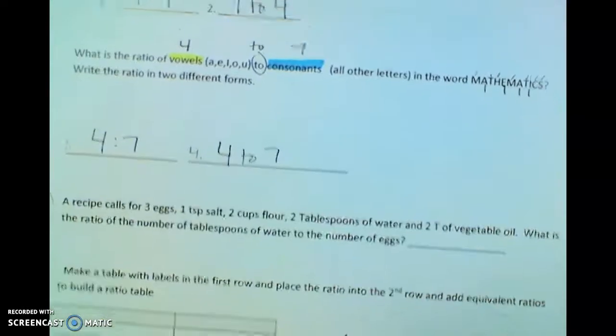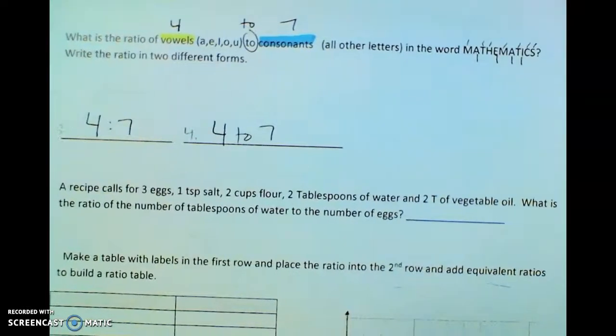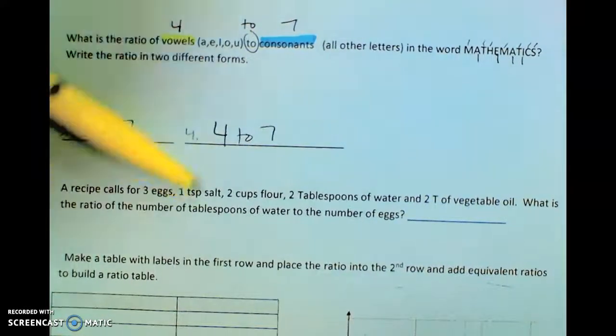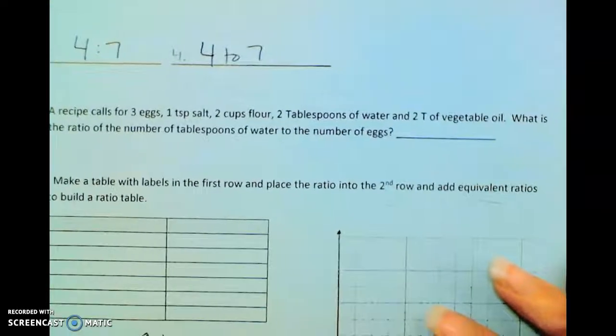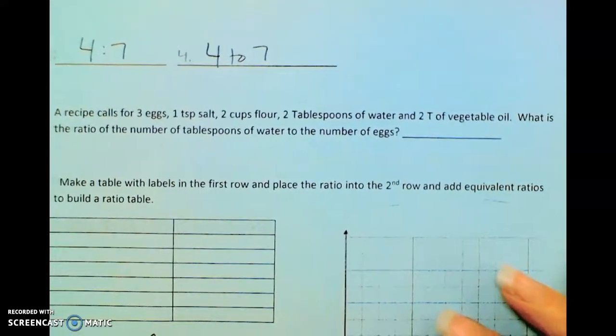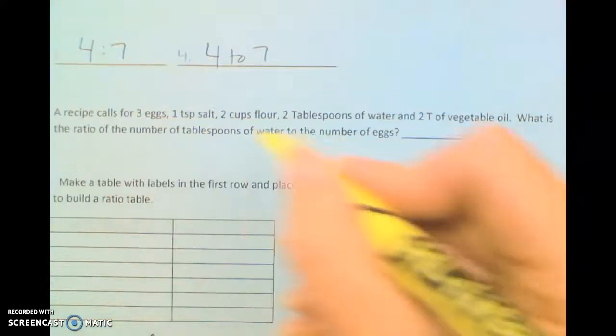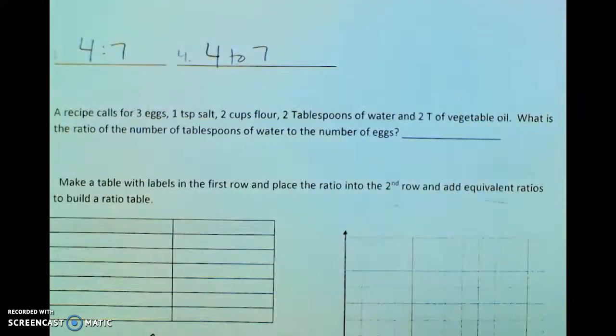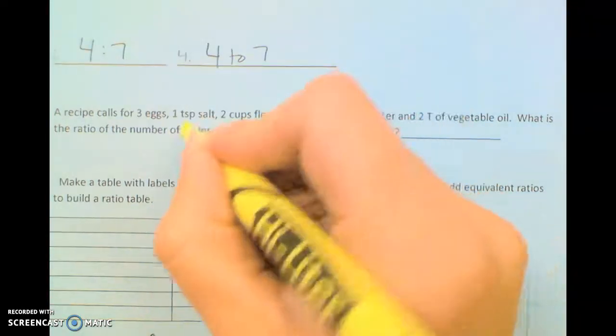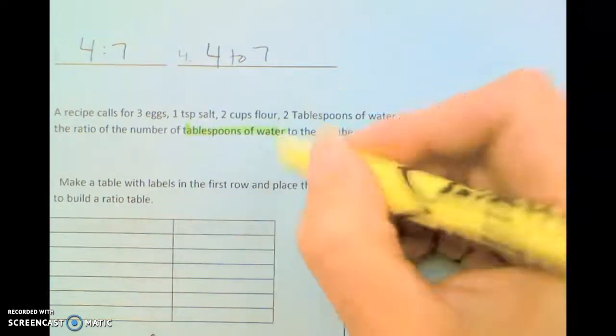All right, number 5, a recipe calls for 3 eggs, 1 teaspoon of salt, 2 cups of flour, 2 tablespoons of water, and 2 tablespoons of vegetable oil. What is the ratio of the number of tablespoons of water? So they gave us a lot of information in here. I'm not going to use all of it. I'm going to highlight the important part. Tablespoons of water to